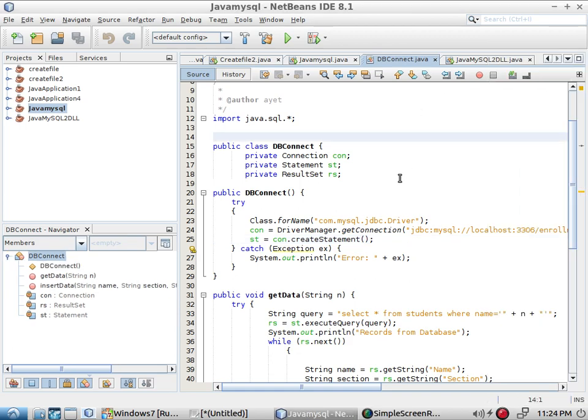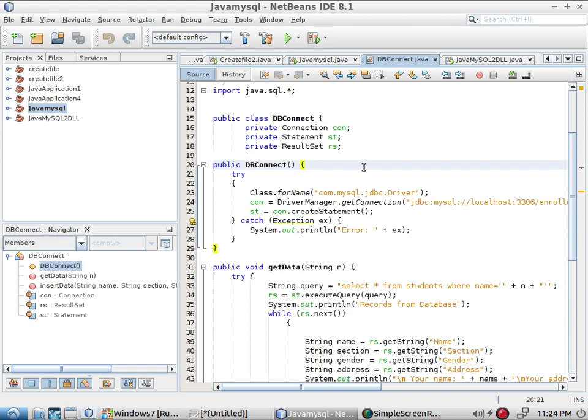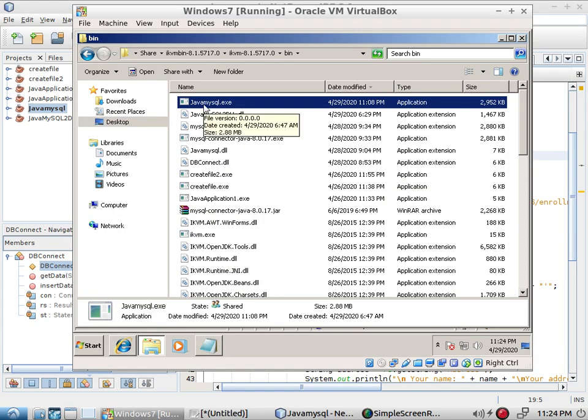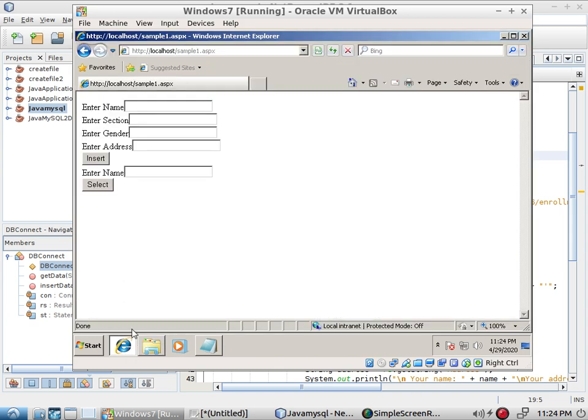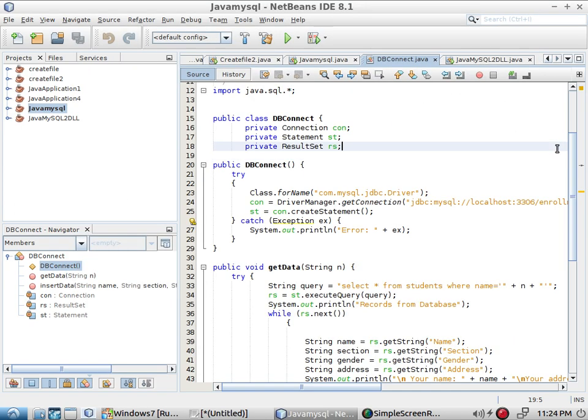Okay, so in today's video I will be showing how to create a Java program, and then turn this into an exe file, as you can see here, and then use ASP.NET to insert and select MySQL records. Okay, so let's start with